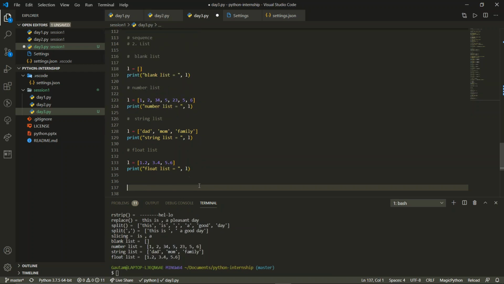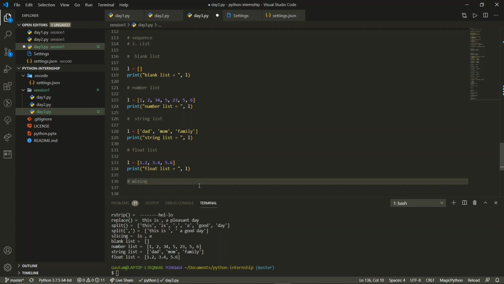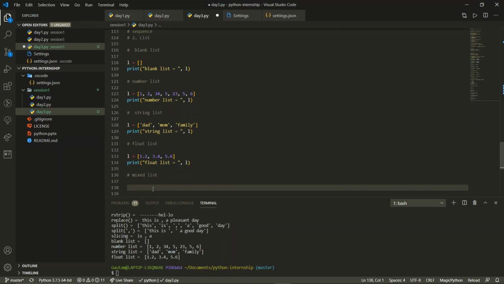Now we will have a mixing list. Let us name it mixing list. I don't have a better name for this; if you have one, suggest it and I will write it out. Mixing list or mixed list, this will be a better one. Mixed list.